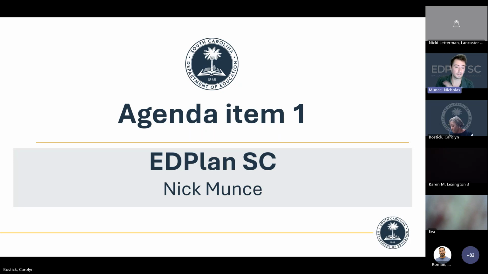To do this, all you need to do is use the modified exit reason. The exit date doesn't have to change. To change the reason, you just change it directly in EdPlan SC from that drop down. The options are like moved known to be continuing, received a certificate. They're the federal values exactly. So if the exit event is on the right day with the wrong reason, use modified exit reason.